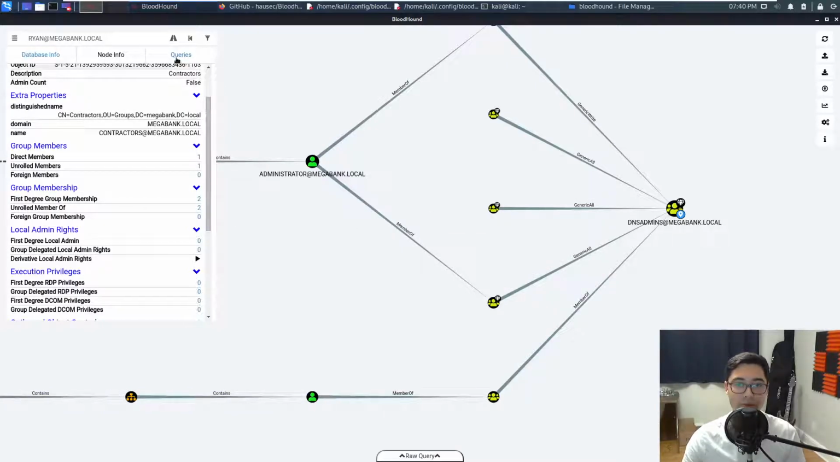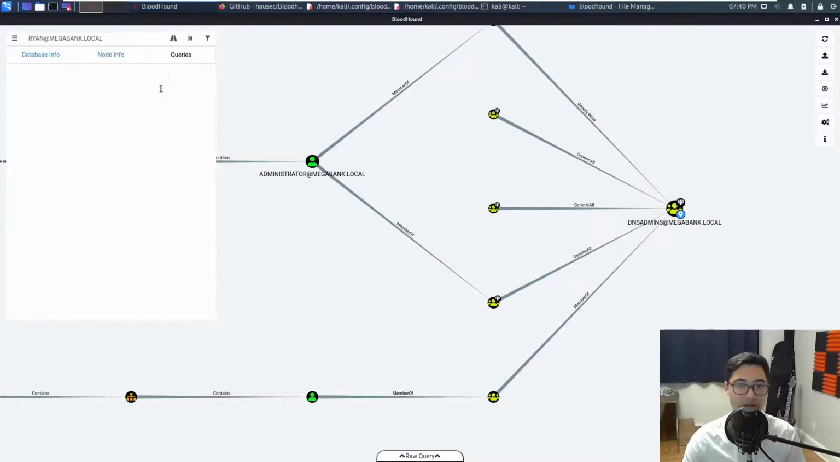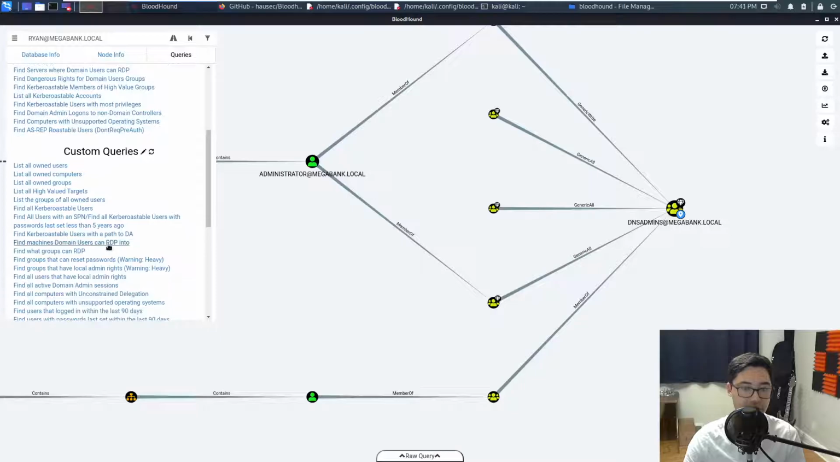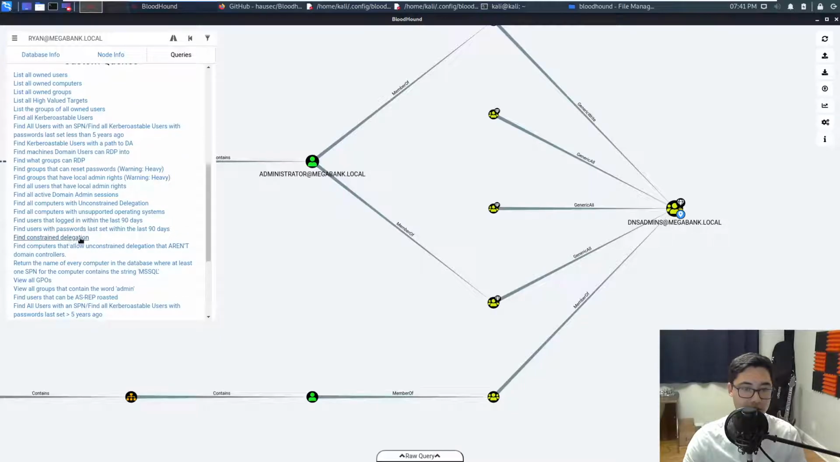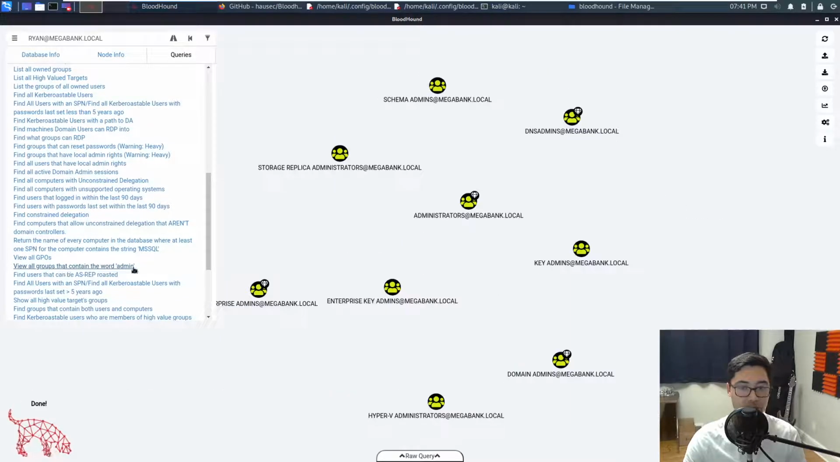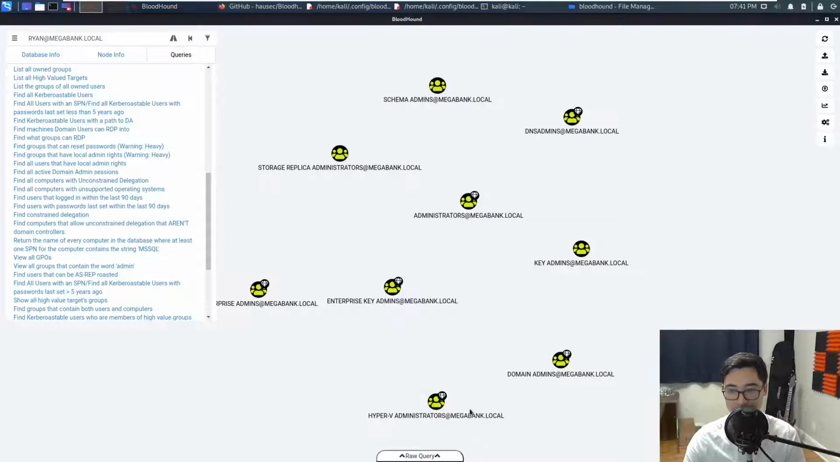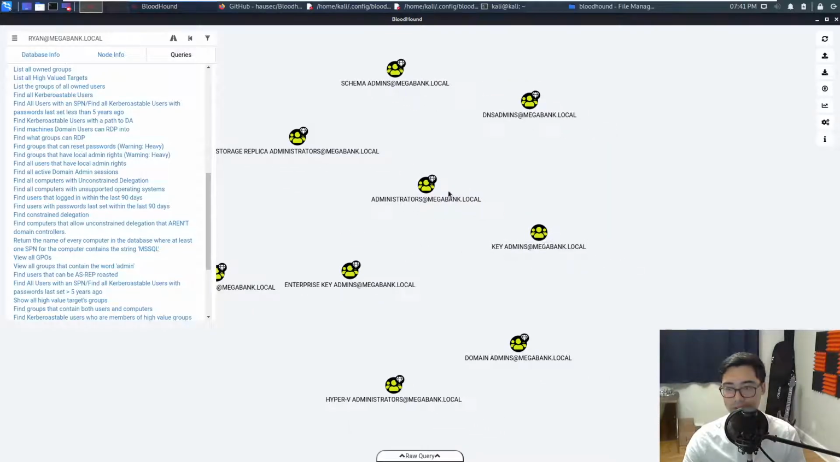Possibly the best approach to that would have been to go to this custom query here. Where was it? This one here. Find all groups that have the word admin in it, and just go mark everything as high value. Go mark as high value. And then if we wanted to look at, let's say, administrators,